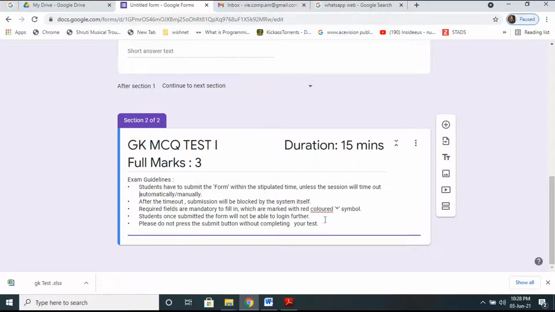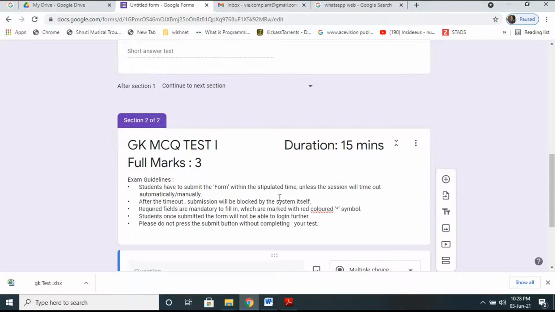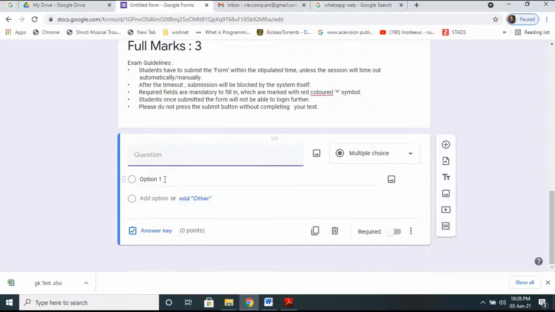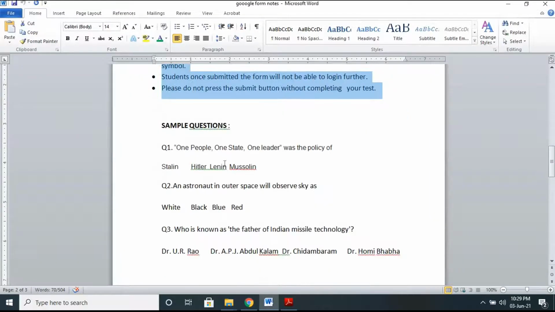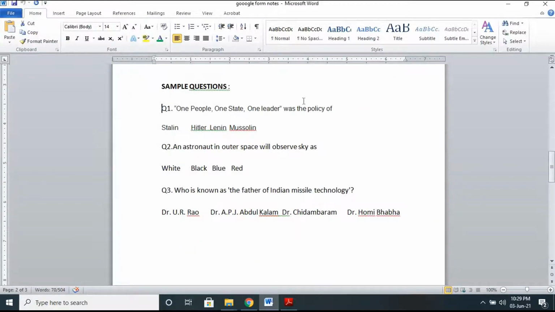So add questions. Where to go? Here, the options are here. You can find add questions. So we will add questions. You can see all the options are coming. Once again, I told you to set all the questions in the Word file or document file. From there we can simply copy and paste. I am opening that. You can see the sample questions. Yes, I will first copy